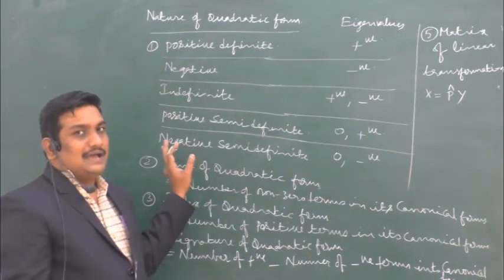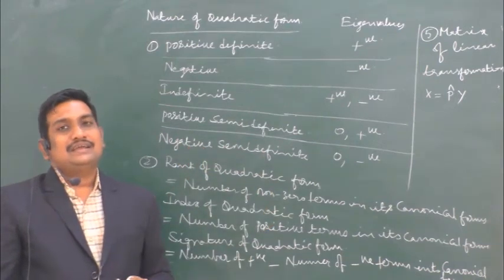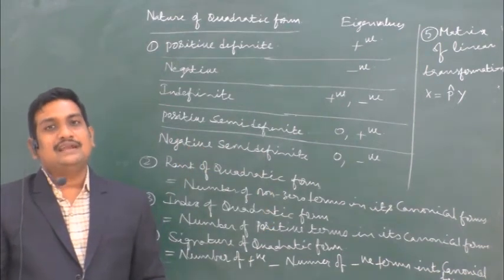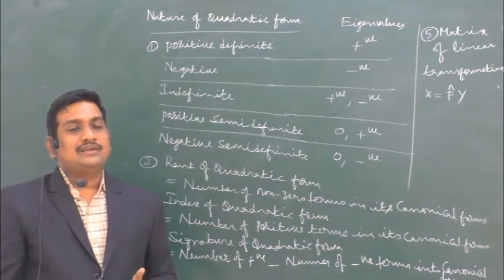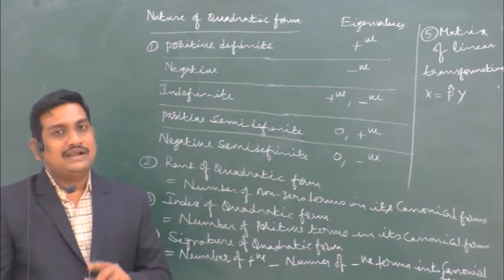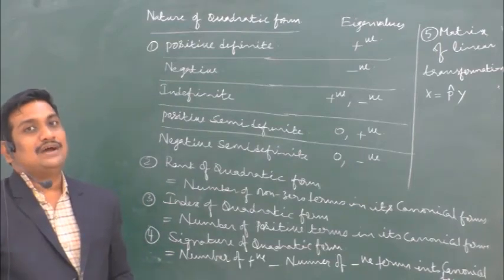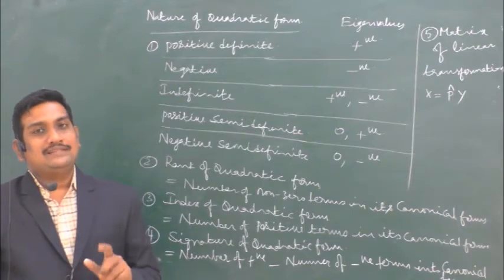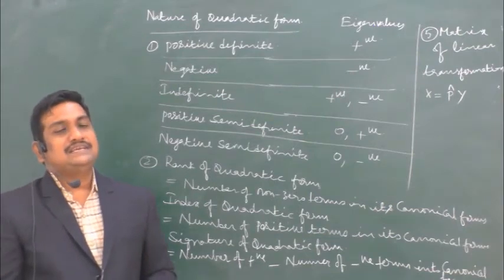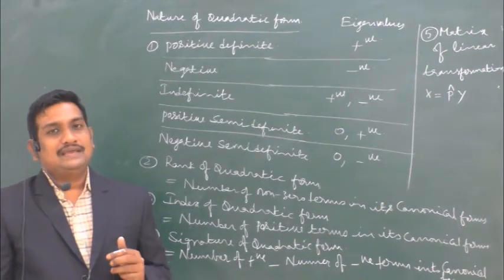The approach we applied here is called orthogonal reduction, and the important point is you need to check whether all the eigenvectors of the matrix of quadratic form are mutually orthogonal or not. If they are not mutually orthogonal, you take the help of an additional vector a, b, c